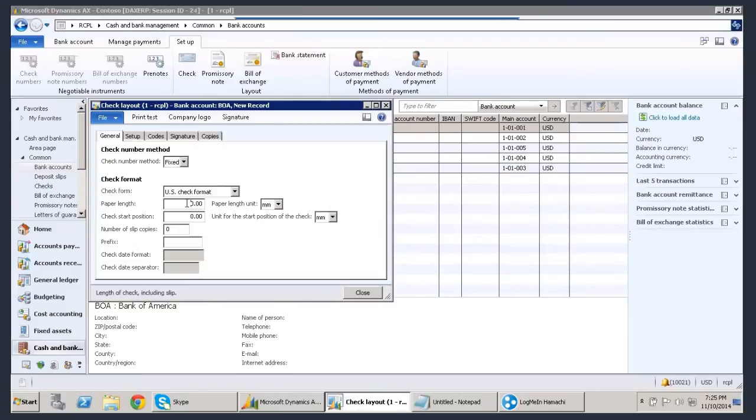And they have two stubs. One stub will be detached and kept by the company, and the other stub and check will be sent to the vendor or the consultant. The consultant detaches the check from the stub, and he understands that the check is paid for these detailed invoices, so it becomes very clear against which invoices we are receiving the payment. That's how this stub is very, very useful. Am I clear, or any questions?